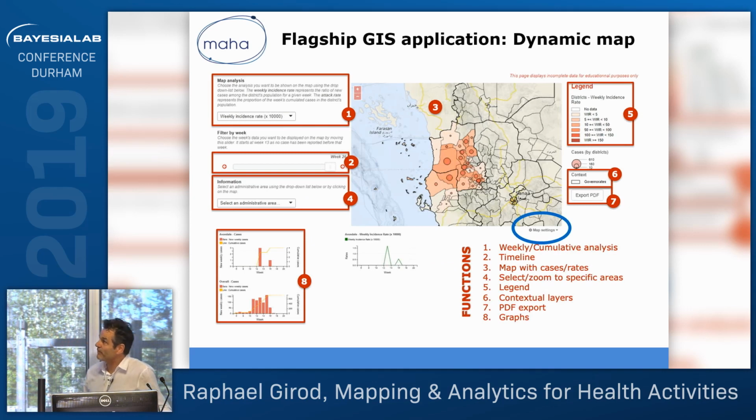The flagship GIS application is called Dynamic Map. This one was used for the very first time in Yemen for a cholera outbreak, and you can have a quick appraisal of the key functionalities. You can select the indicators. You have a time slider. You have a drop-down list to select a particular district, and you have corresponding graphs related to the number of children vaccinated or the vaccine coverage, and the thresholds for the